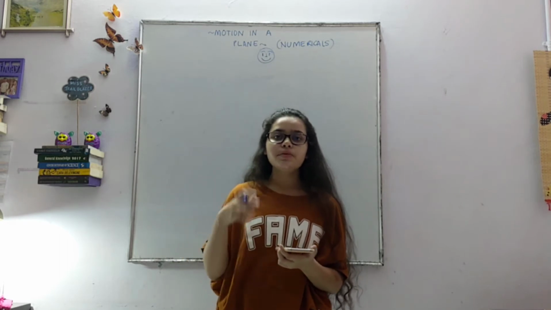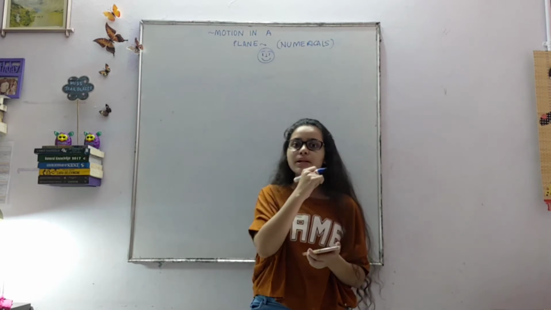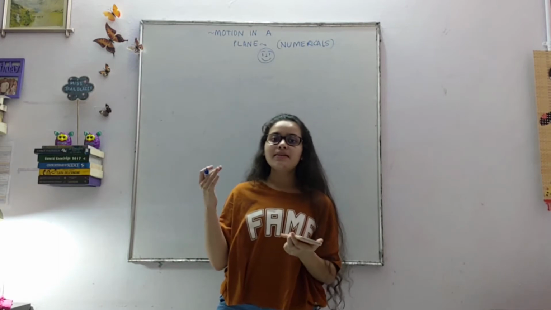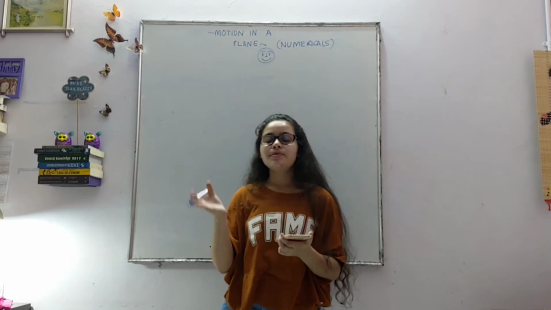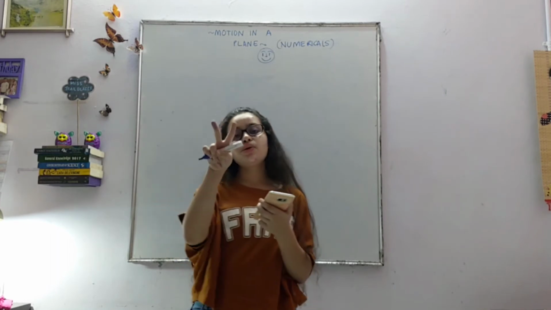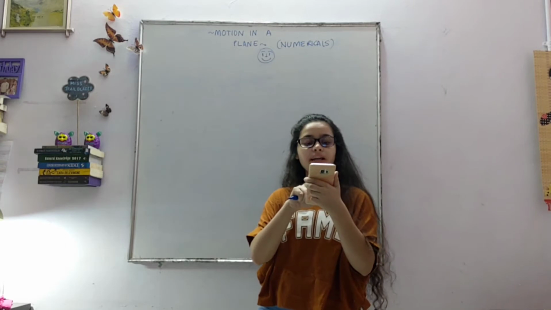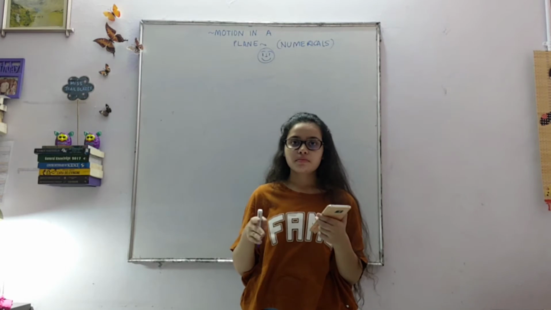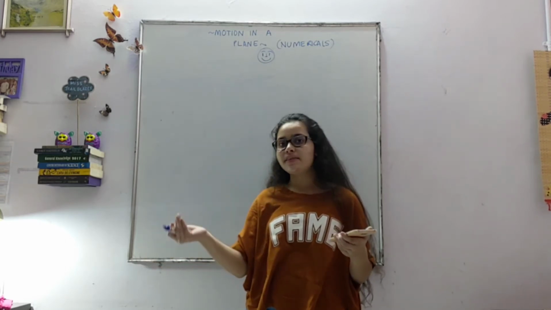Again, a very simple question. We've already done this concept very long ago, actually, in some of the first few classes when we started Motion in a Plane. I told you about vectors and unit vectors, and this question is basically a very basic question. So if you want to brush up the concepts, do check out the previous videos. Anyways, let us get started. So what is given is we've been given 2 vectors, A vector and B vector. What we have been told to find is a unit vector parallel to the resultant of the vectors. We find the resultant vector and we know how to calculate the unit vector, which is very basic.